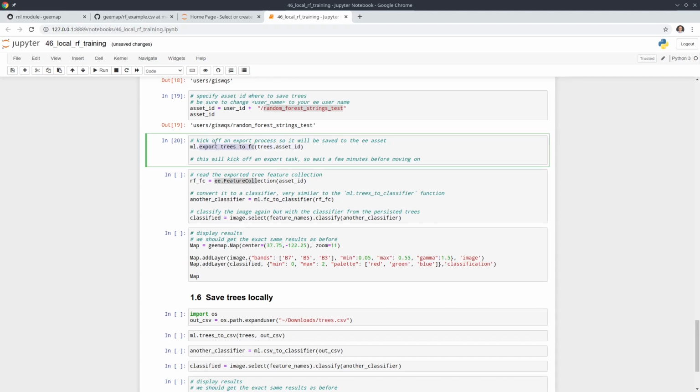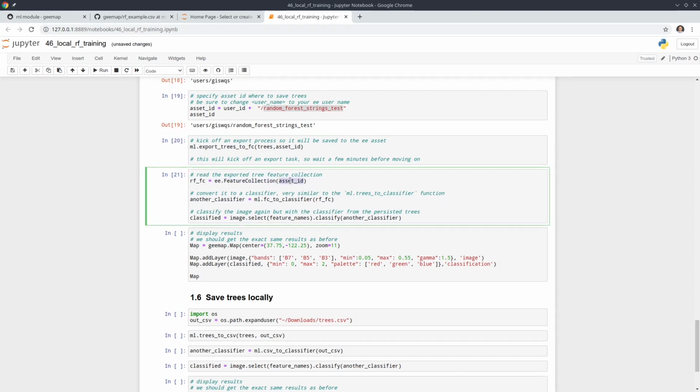Because I already did that before, I might be able to just execute. Okay? I can just execute. But if you're running this one for the first time, it might take you some time to be able to execute the next code block. So you might want to wait for a few minutes. You can check your Earth Engine account using the GE code editor to look at whether this one is successfully executed or not. Once that one is in your account, then we can use